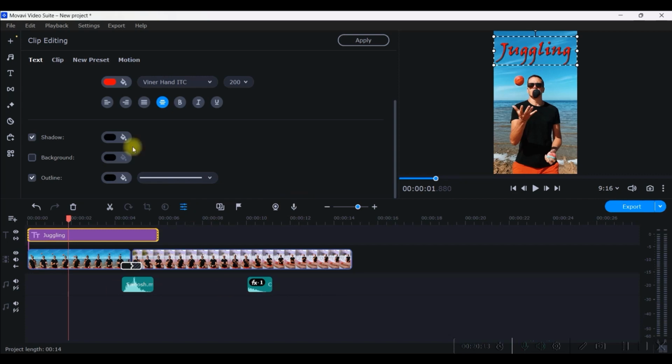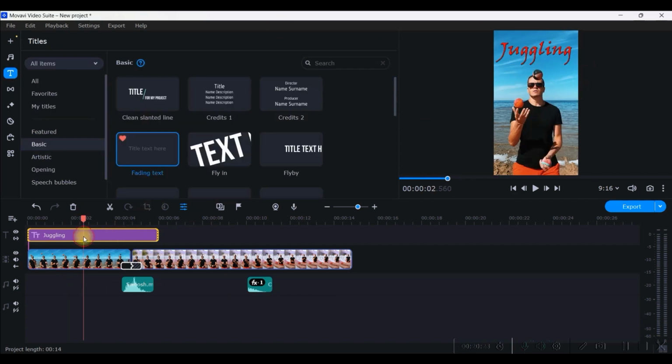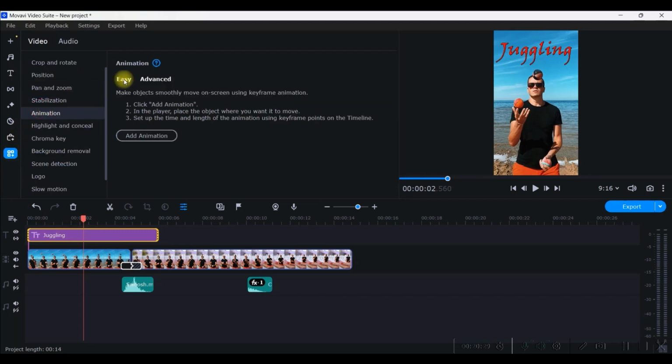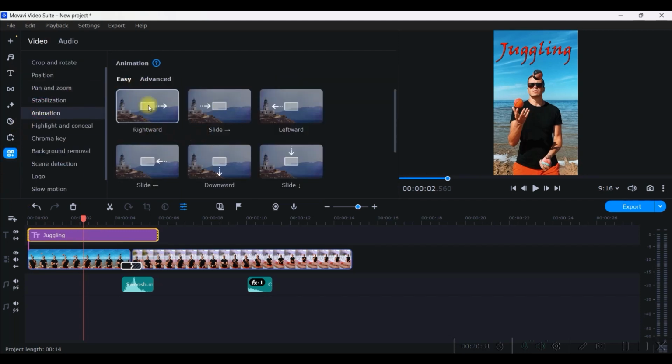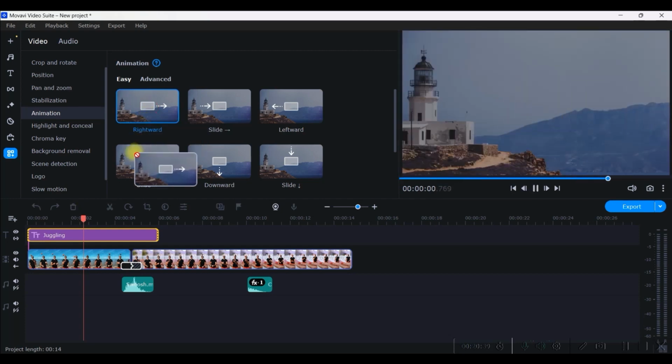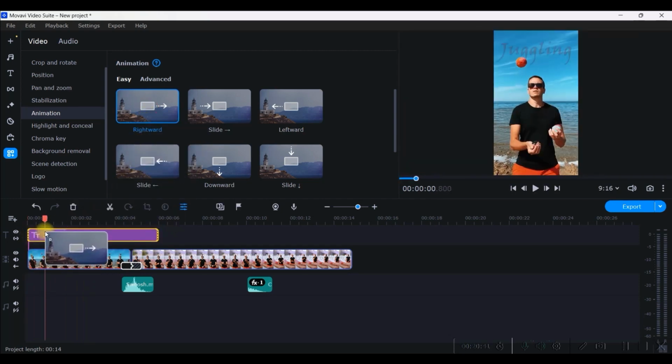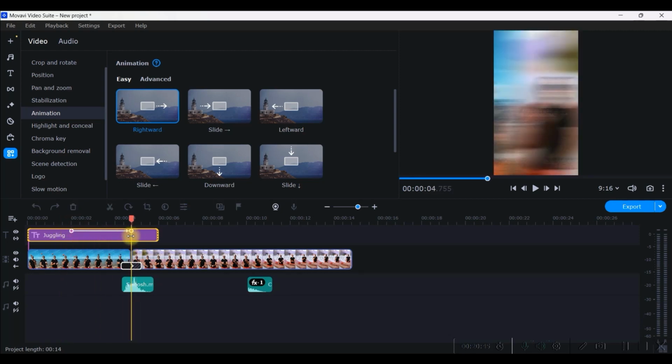Okay. So now if you are happy with this text and you want this text to be animated, then select this text option, go to All Tools, go to Animation and go to Easy Animation. Here rightwards or leftwards, any of these options are there. For text, ideally I use this one. I can just drag and drop it at the middle and extend it till the end.